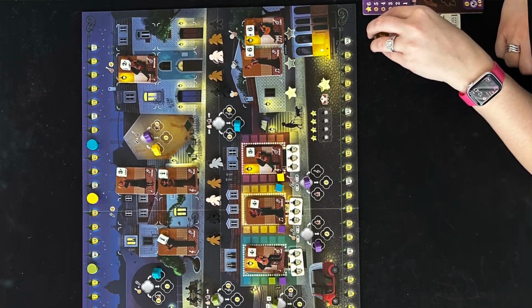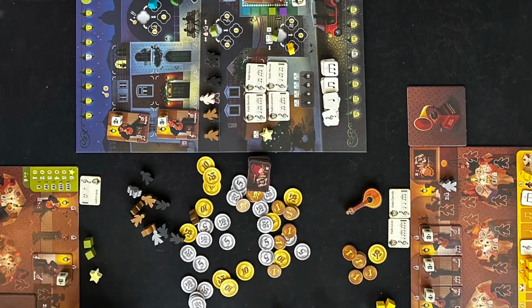However, it's a bit easier to table. There's a little less going on, a little less avenues in which you can score, so you have a lot more streamlined focus in the game. In House of Fado, you are creating a restaurant in Portugal where you have a band playing music for your